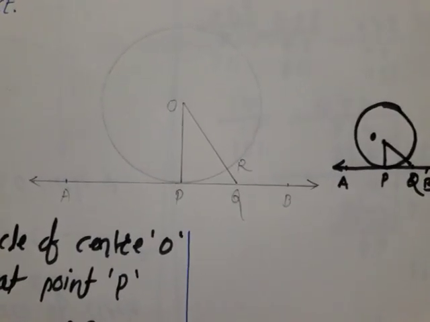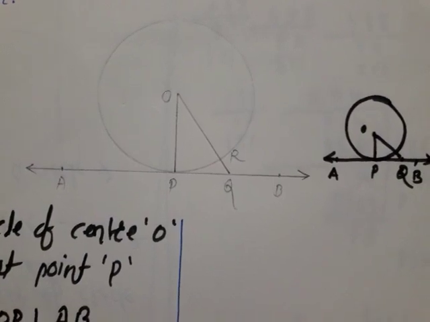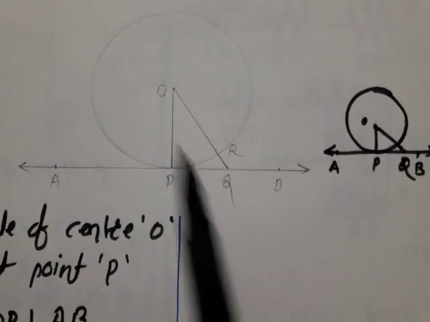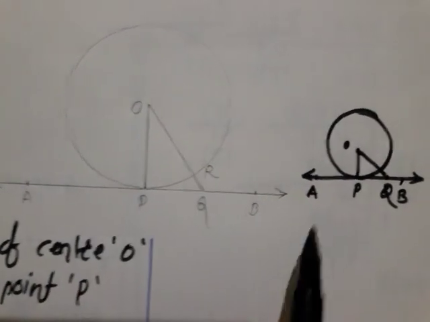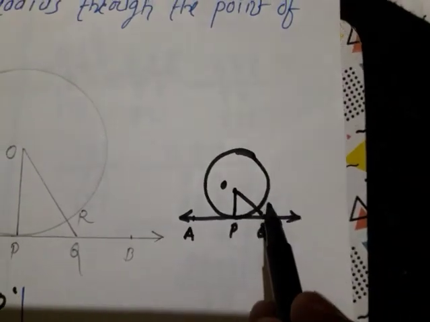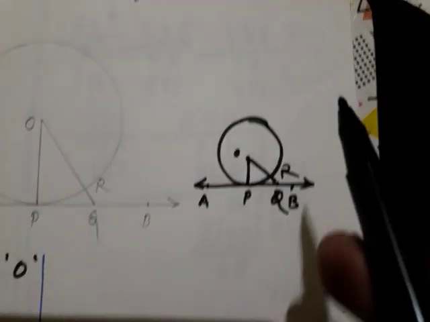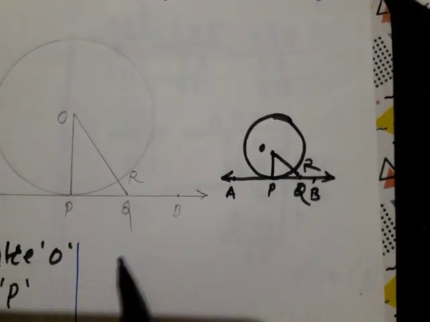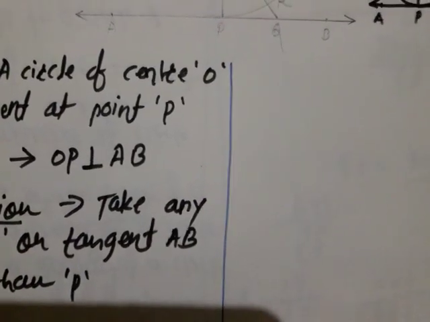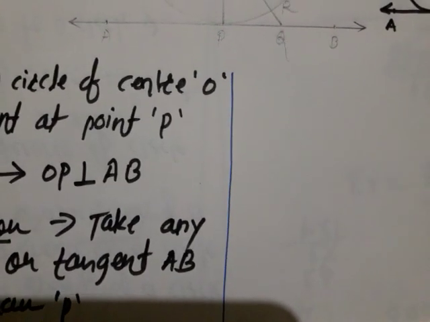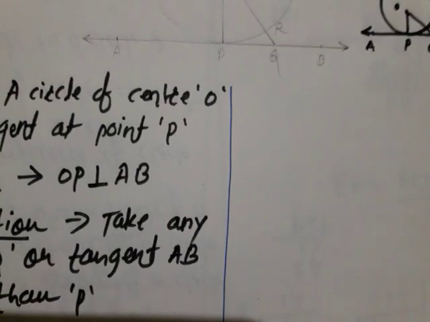And if you will observe carefully, then in this figure also you will come to know that we have joined here OQ. When we have joined here OQ, that time this OQ intersects the circle at point R. That's why here there is the point R. This is the rough figure. For your understanding, I have shown how this figure is formed. Join OQ. Suppose OQ intersects or meets the circle at R.